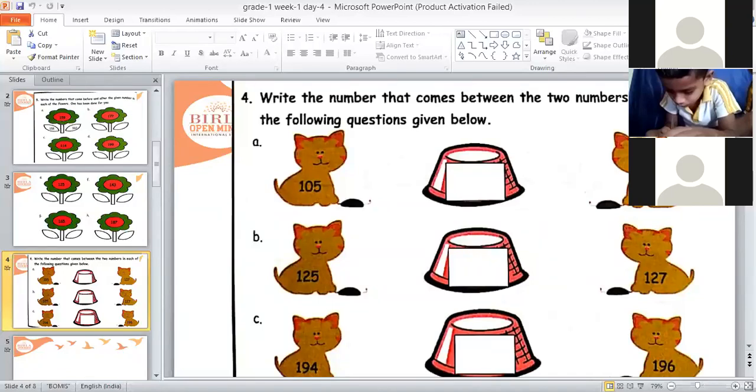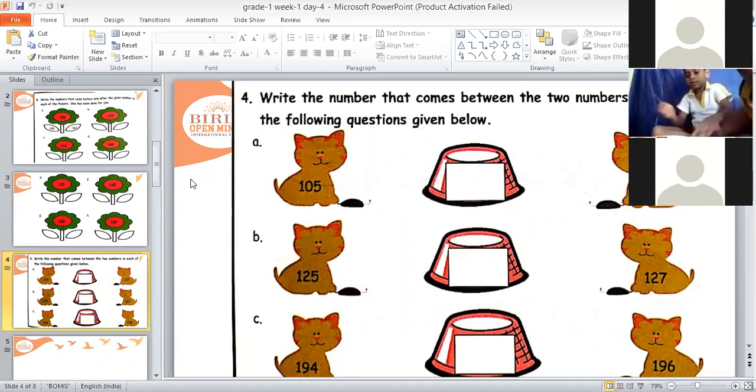Page number 9 of your math coursework. Okay, and above this question number 4, you all need to write date and classwork. You all need to write date and classwork, children. Please write date and classwork above this question number 4. And we have done this in theme 1 also, before, after, and between number. But now we will do before, after, and between number from 100 to 200.